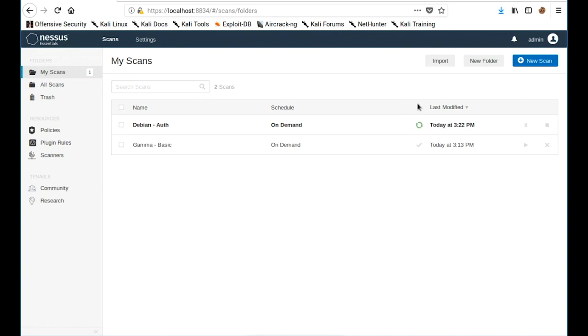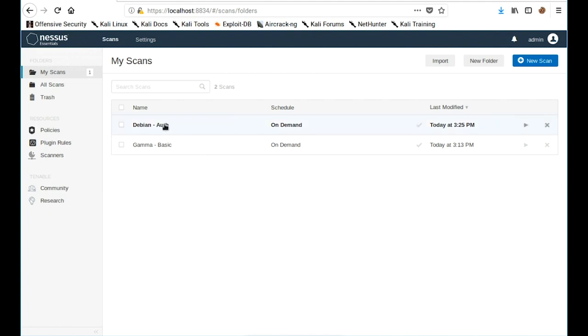As with the unauthenticated scan, while the scan is in progress, the status is reported as running. Once the scan reaches a completed status, we can click on the scan name to open up the list of hosts